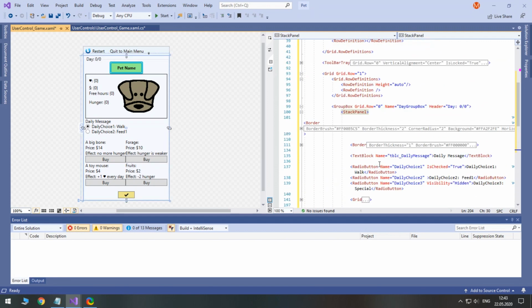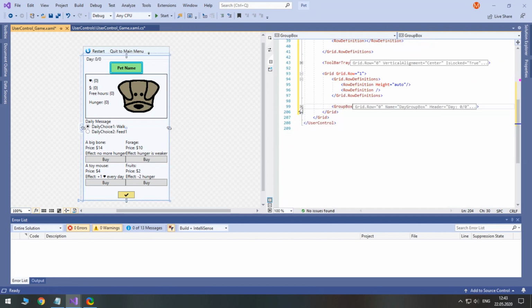That's it for the stack panel and group box. Let's put an image below our group box.